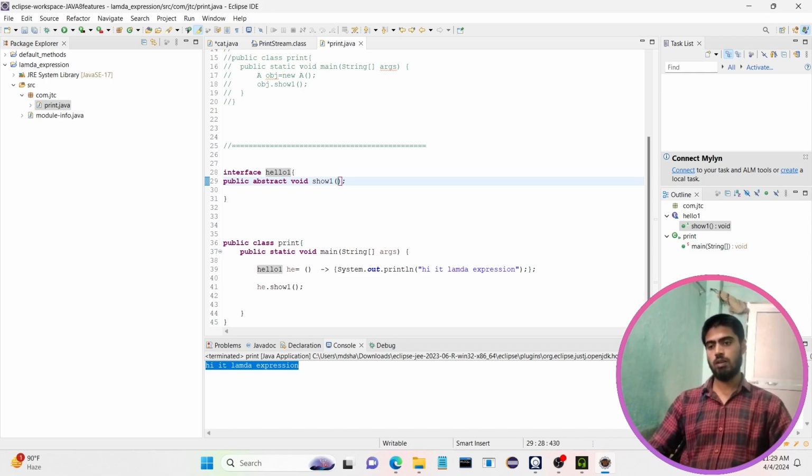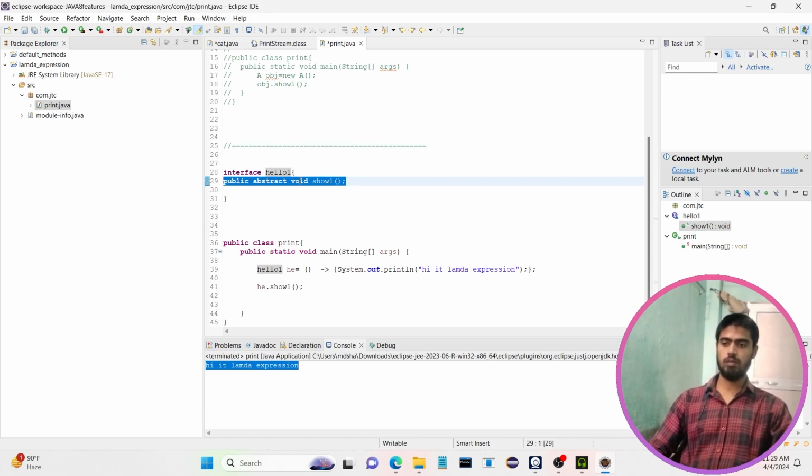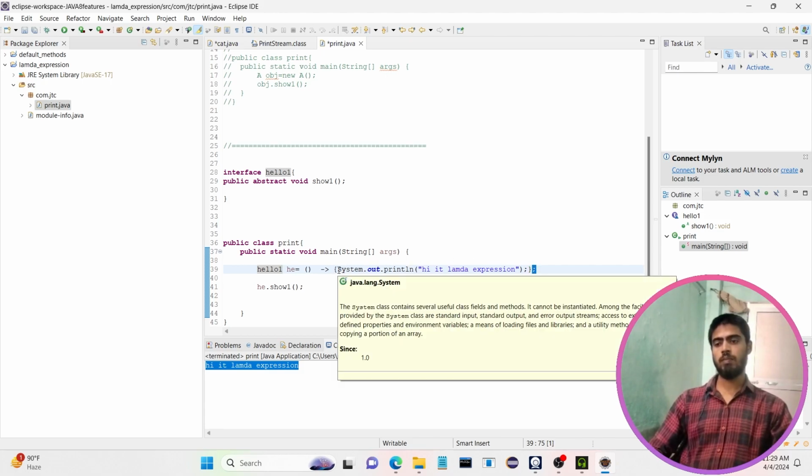Now we know how to write our lambda expression. Suppose this is the functional interface. We want to provide the implementation for this single abstract method. So we are going to write this parenthesis, this arrow, open the bracket and close the bracket, and inside those brackets we can write the implementation, write the body,